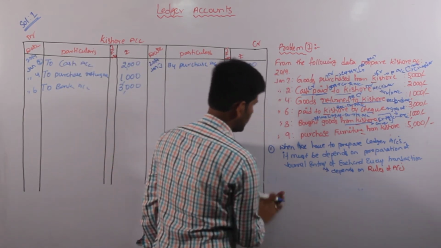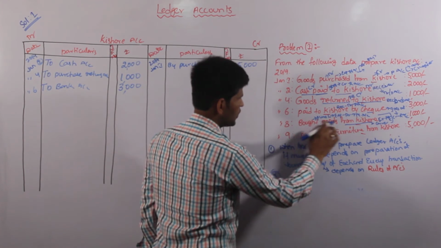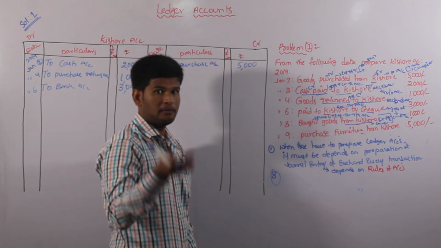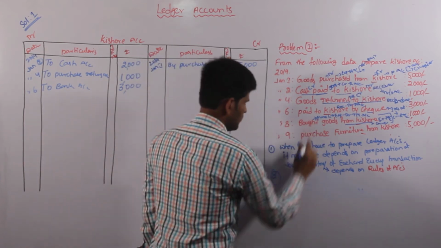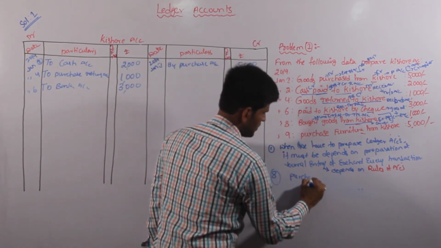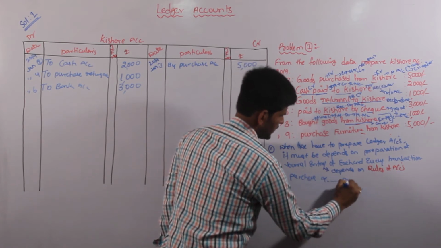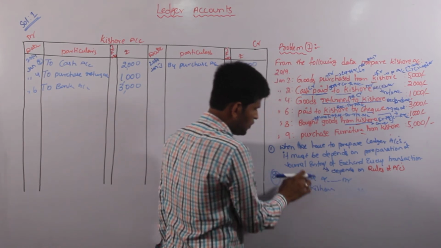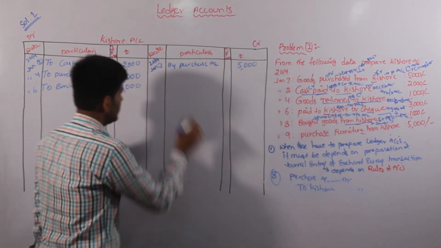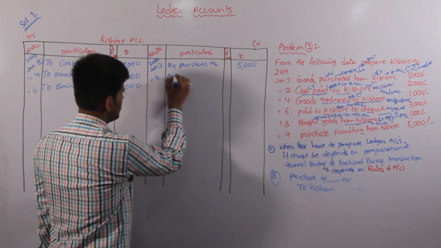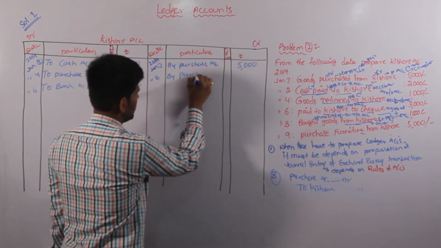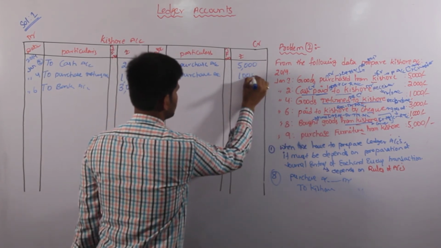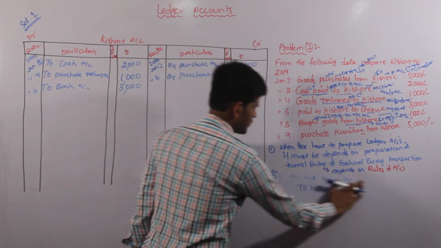And come to the next one, that is on the 8th. Bought goods from Kishore. From Kishore is nothing but we are taking from Kishore, so Kishore is giving. Bought is nothing but purchase. Purchase account debit to Kishore account. So we have to credit the Kishore, that will be on the 8th. By purchase we have to write. By purchase account, the amount is 1000. Right? And next one,